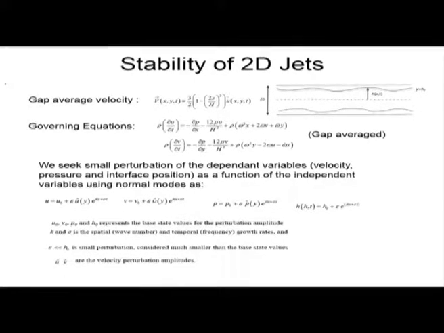To do that, you perturb the parameters u, v, p and h in the thin film. By considering a thin liquid film, you can perturb the thin film equations with u as u naught plus an amplitude as a function of y times e to the power i(kx plus sigma t). So why such a form? First of all, k is called the wave number, e to the power i k x. Now why do you take e to the power i k x?